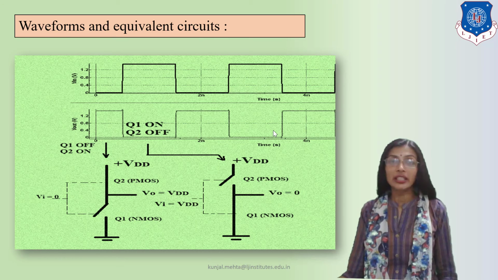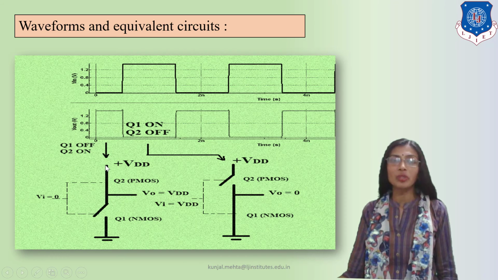And when case 1 is operated, at that time Q1 is an open switch. So the equivalent circuit can be shown like this. Two gate terminals are connected together. Vi input is applied to the common terminal. Q1 is off, NMOS is off. If input is 0, that means open switch, and Q2 is short circuited because it is PMOS. And therefore the output, which will be taken from plus VDD, because plus VDD is connected to the Q2 source, and so the output terminal is here. Look at this. So VO is equal to VDD.